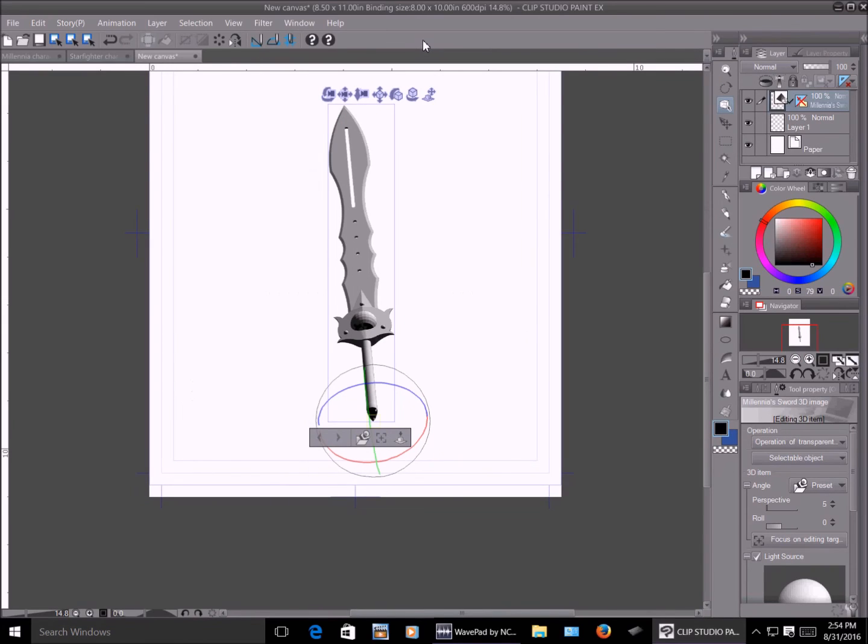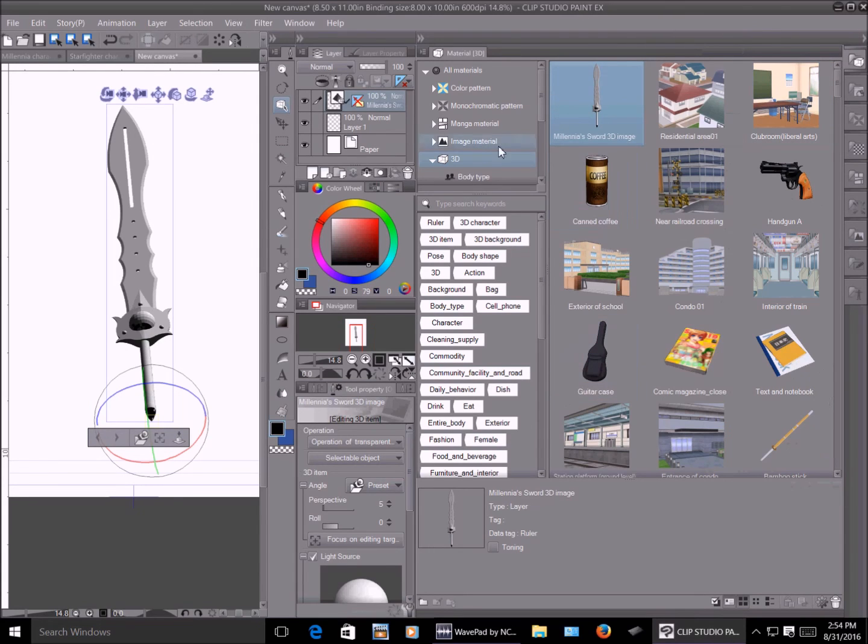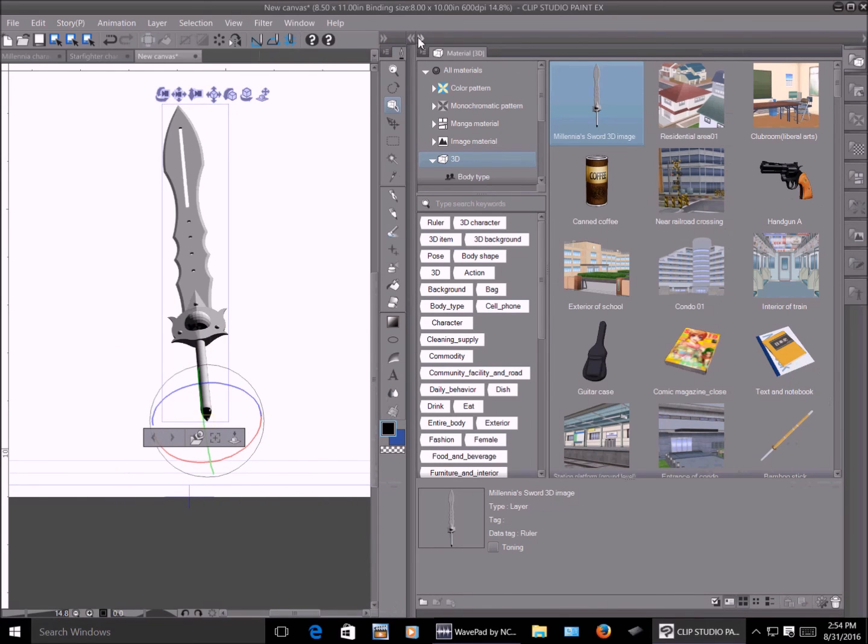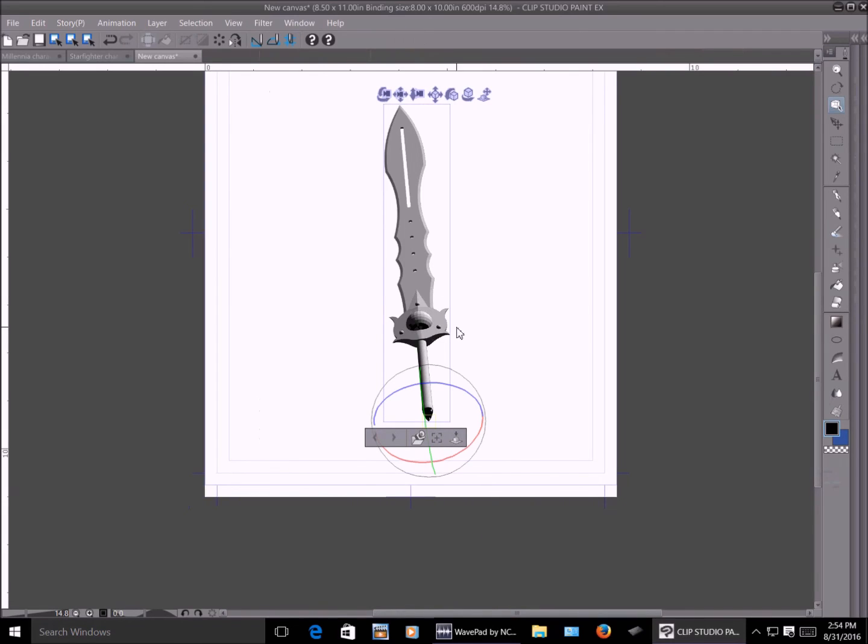So have fun. Download as much as you want from Google SketchUp, convert it, make a separate file inside the 3D materials folder, and use it as much as you want. It's an awesome shortcut, and I hope you enjoyed learning it. It's going to save me a whole bunch of time now creating my comic.